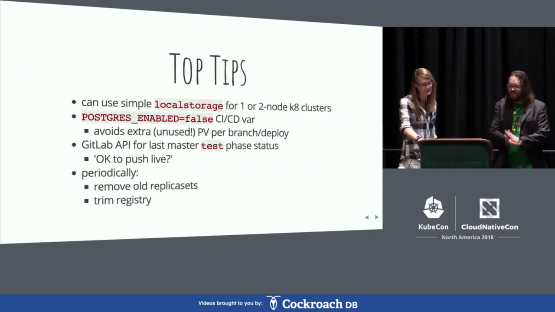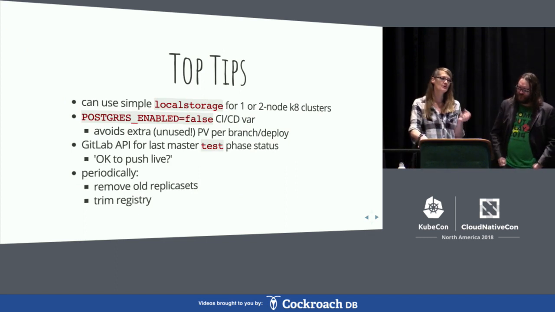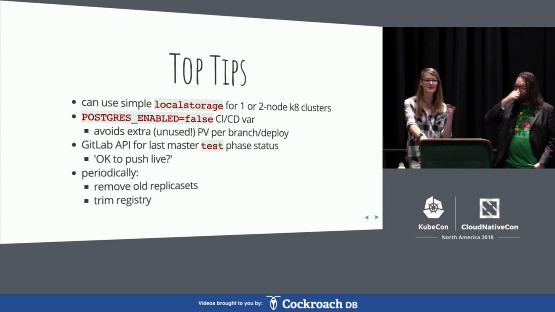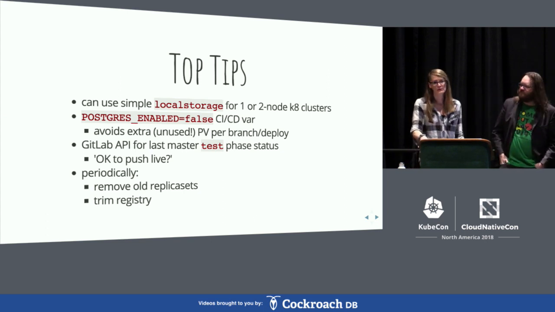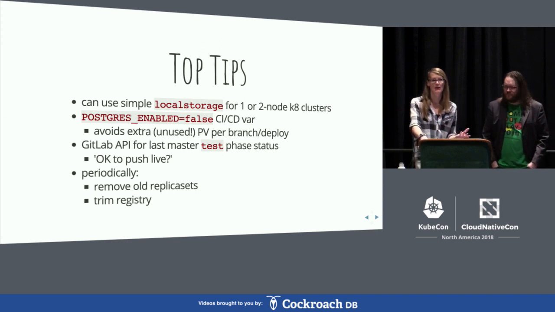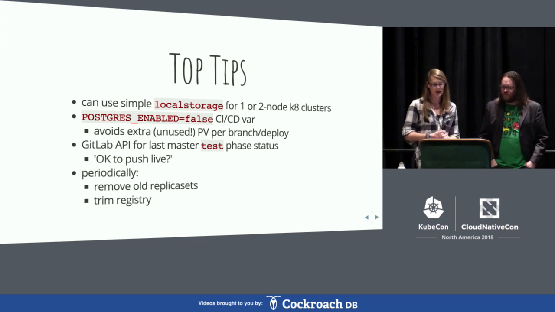Some other top tips sort of wrapping up here are, if you want to try a Kubernetes with 1 or 2 nodes, you can have a single node and taint the master and say, I want to run pods, just keep it simple. You can use local storage, and that's a huge time savings, because you don't have to figure out how to use something else if you want to just run it on your laptop. It's a nice little win.